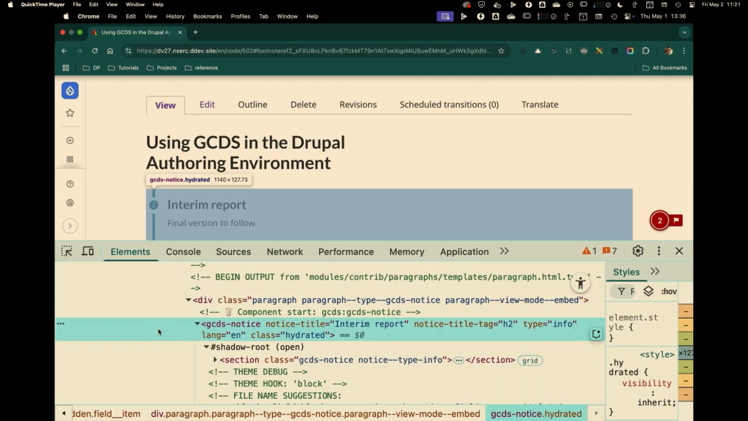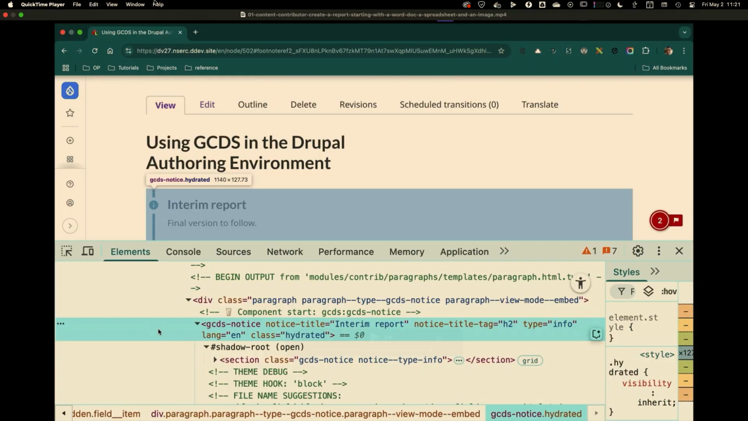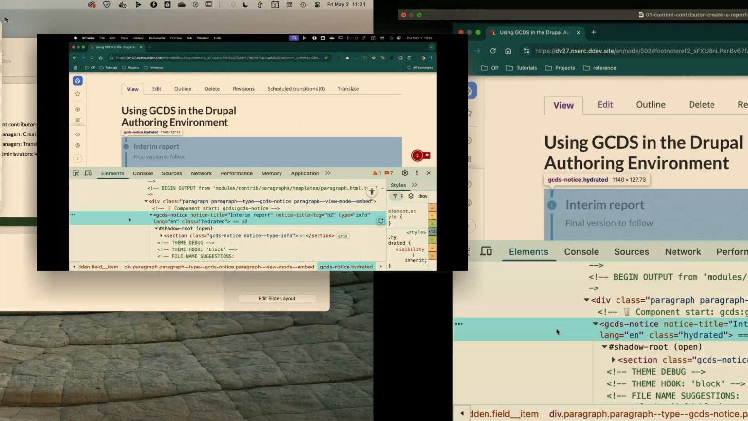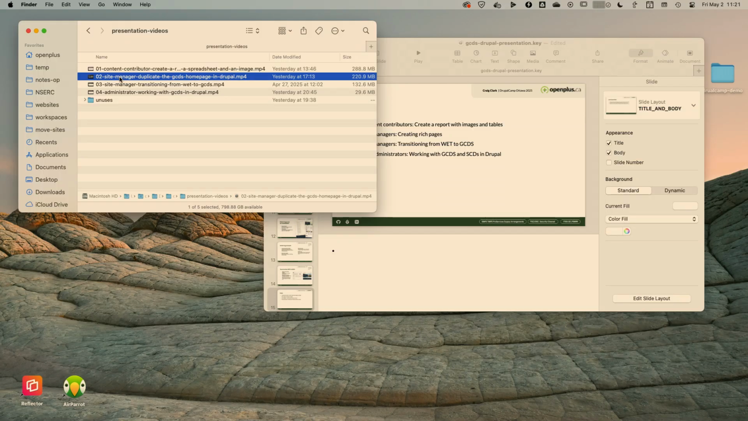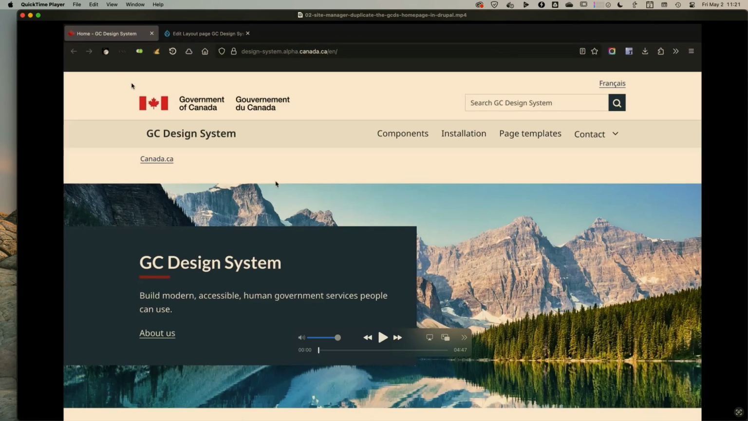We set our own property. We did what kind of notice are you? What's your heading level? But it's generated the GCDS component for us. And that's Drupal single directory components doing that one. So that's, I think, all I got on adding content. I'm going to move on to for site managers,